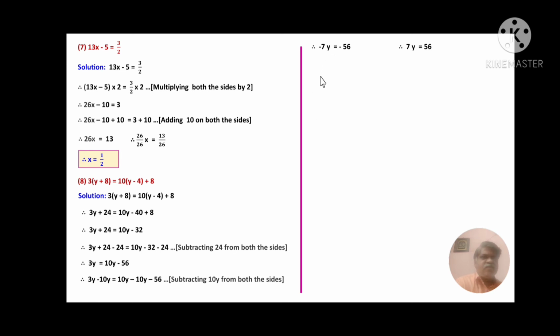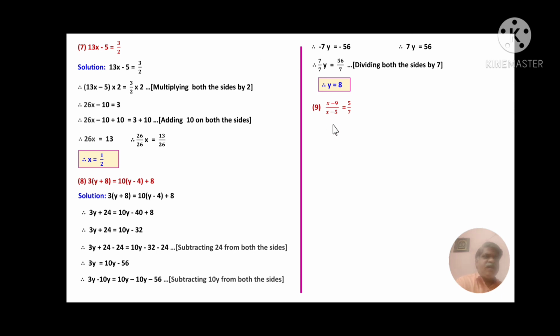The minus sign on both sides, after multiplication by minus 1 to both sides, gets cancelled. So 7y is equal to 56. Divide both sides by 7. 7y upon 7 is equal to 56 upon 7, and what is left is y is equal to 8, the solution for the given equation. Now we'll continue with the ninth problem. x minus 9 divided by x minus 5 is equal to 5 upon 7.